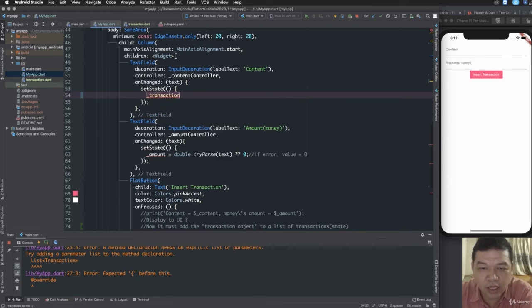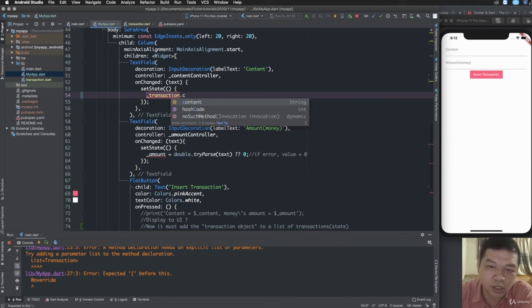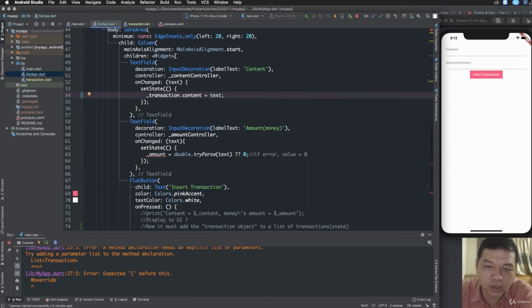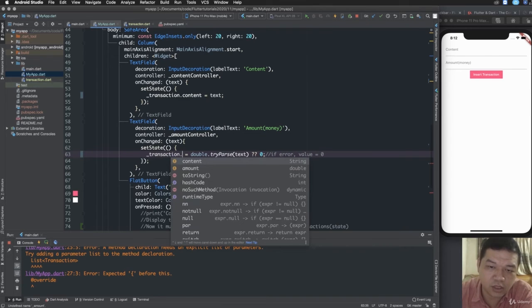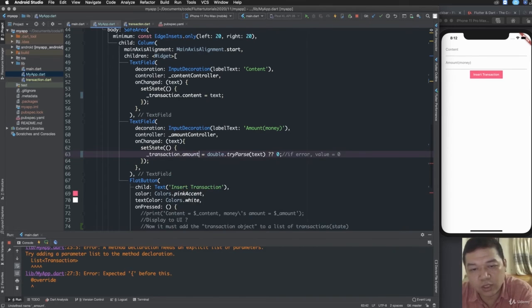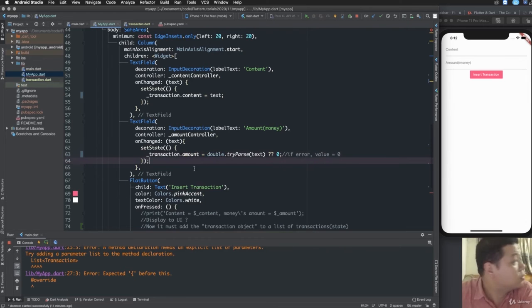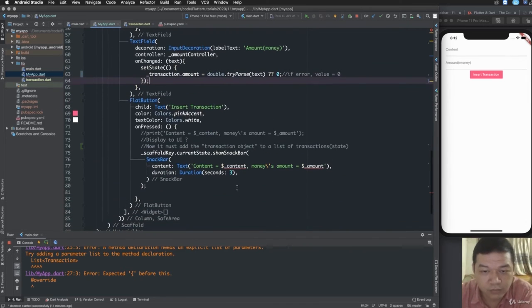Then in set state I create a new object of transaction. So I set the content to the text you type, and I set the amount to the text you type. Yes, so here will become transaction dot amount. Yes, and I replace this with transaction dot content, and I replace the amount with